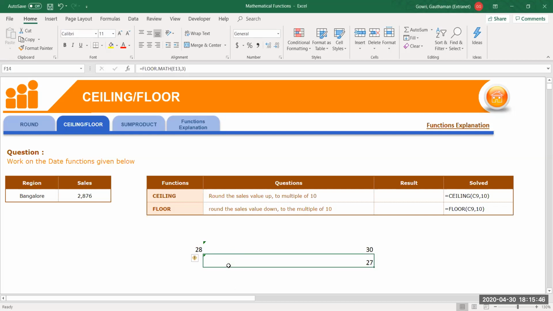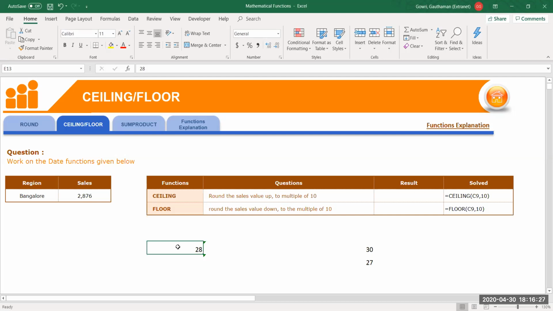So where do we use this ceiling and floor? Whenever you want to round off your costing. Let's say you have manufactured something, for example you have kept a bakery and prepared many confectionery items. You set some cost for it, taking into account the raw materials, the power you have used, your labor cost, everything, and you will arrive at some value, like 11 or 25.